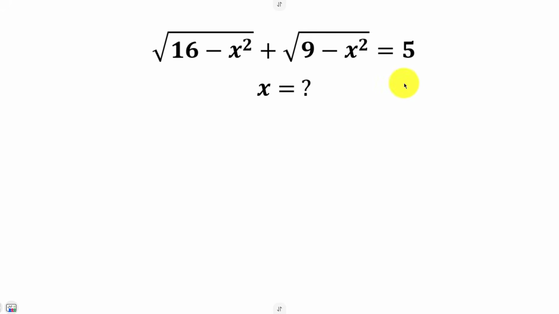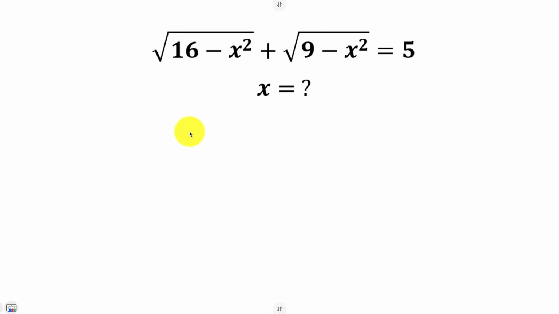We have this interesting question and we're told to look for the values of x. Well, most people, for the fun part, we like to square both sides, but I don't encourage that. I'm going to be showing you the simple method that solves this question in no time, and that would be